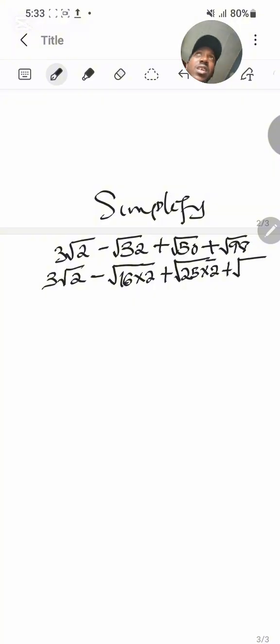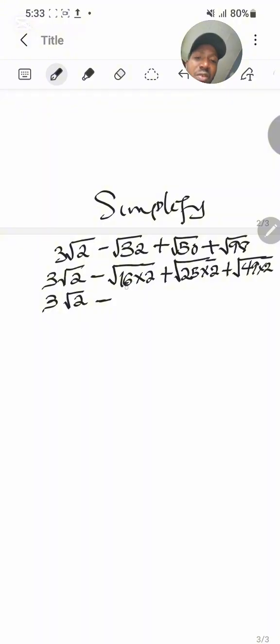Now root 98. Let's use 2 to divide 98. 2 in 98 is going to give us 49. That means 49 times 2 will give us 98. So we can easily use that. That's 49 times 2. So from here now, we have 3 root 2 minus the square root of 16